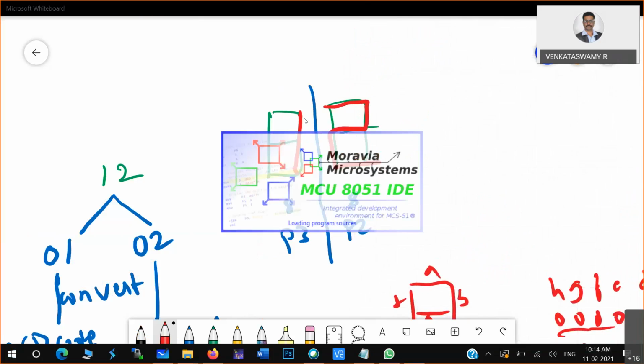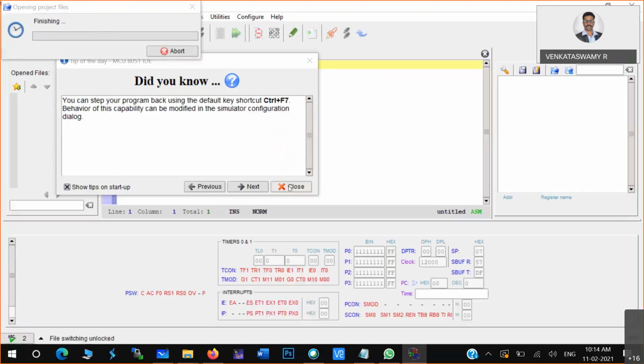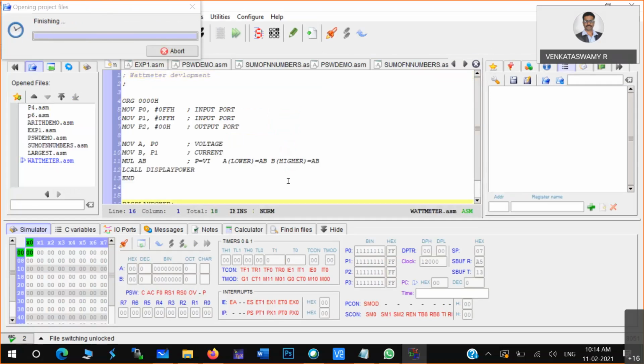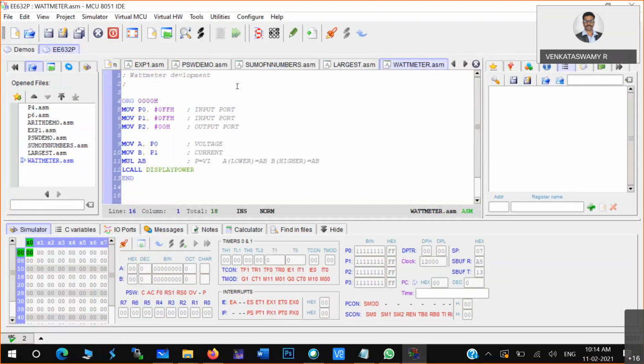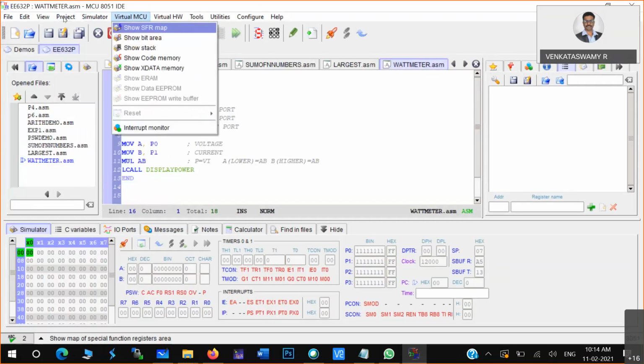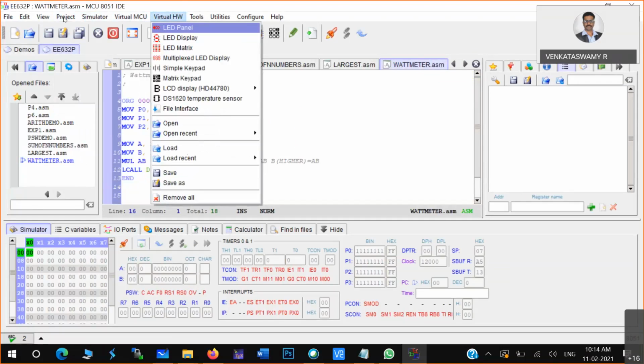I'm just opening this program. In this 8051 IDE, you have some option to connect the 7-segment display.